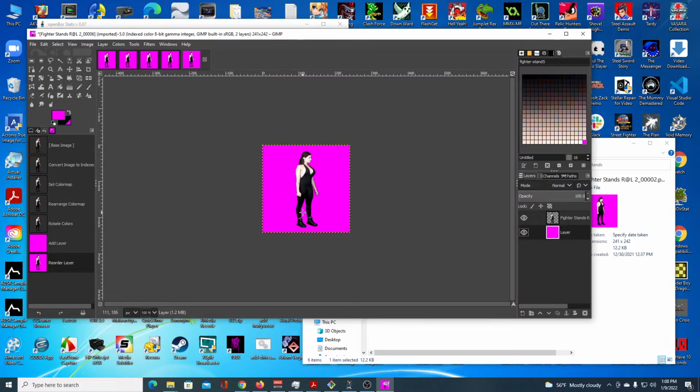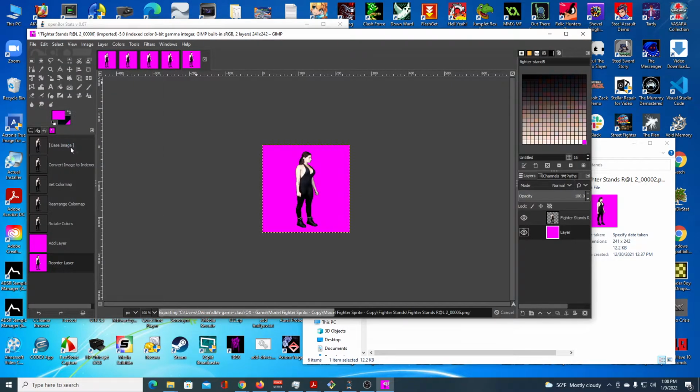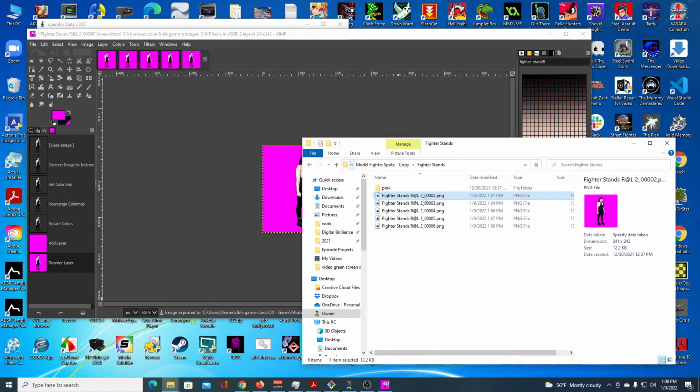And as you can see, when I put this color behind it, you're not seeing any of those extra colors. It's a clean sprite. So this is the last one that I'm overwriting. So as you can see, now these are the updated ones. He also sent me some ones with the pink color. So let's look at the